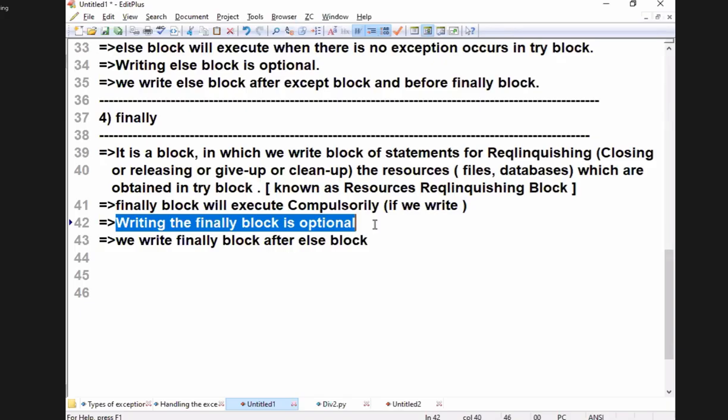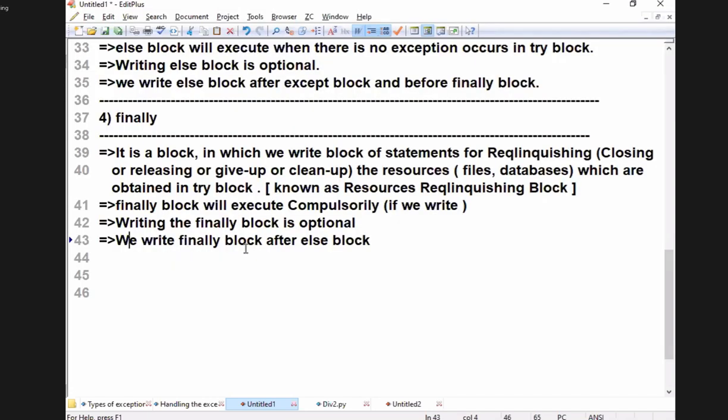I will handle the exception, but I don't write the finally block. That's why we write the finally block after which block? Yes. So this is the placement of the finally block.